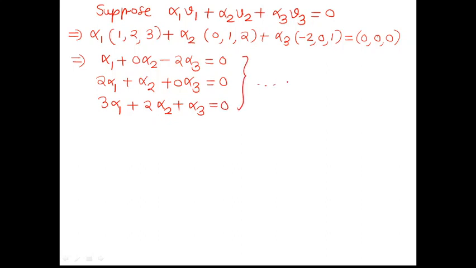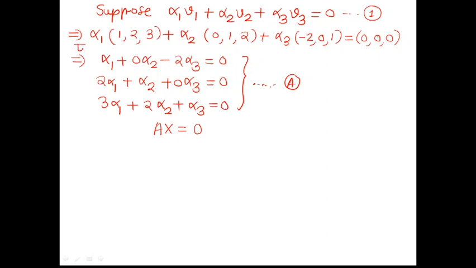Like this, we get the system of equations which we usually denote by equation A. So I have obtained equation A. Now, if we write this in matrix form, it will be in the form Ax equal to a null matrix, where X is a matrix of variables, that is, the unknown quantities.